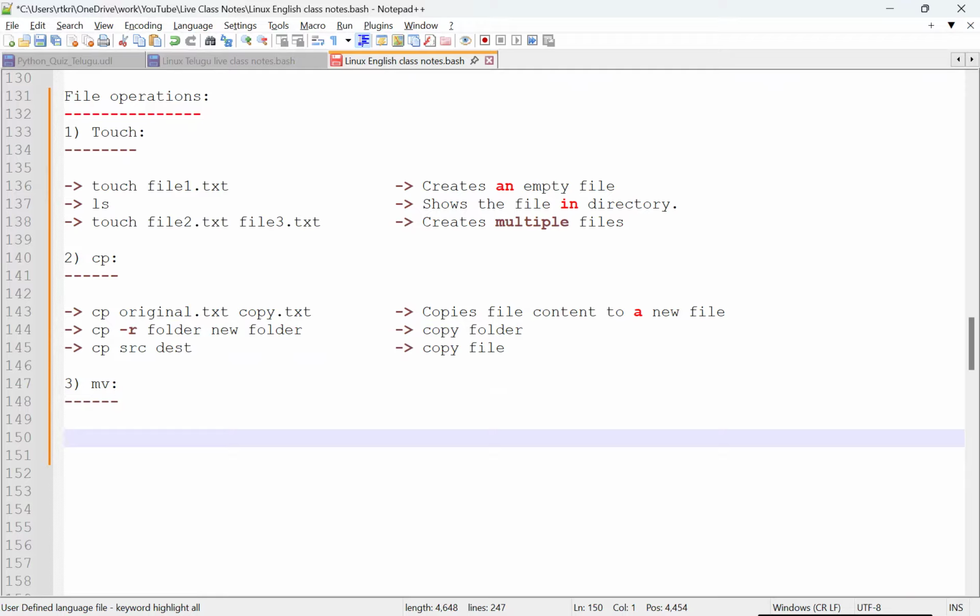By using this mv command, we can move or rename files. Okay, the mv command moves or renames files. So here I am going to rename one file. Okay, for that what command we need to use is,